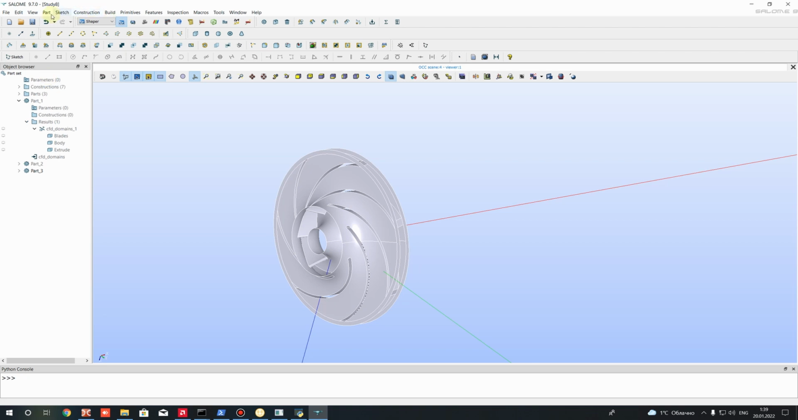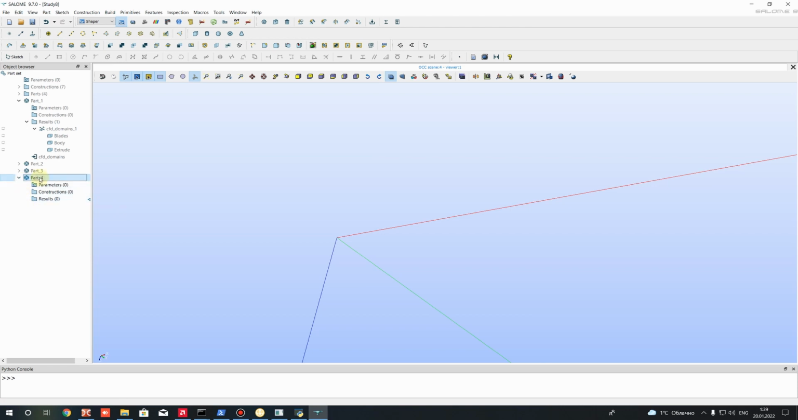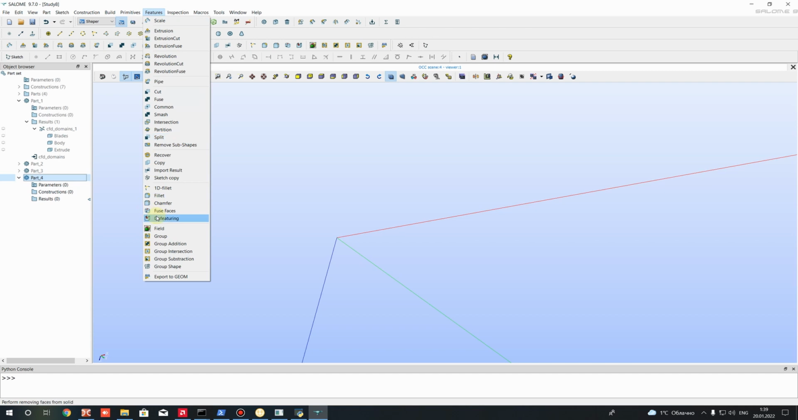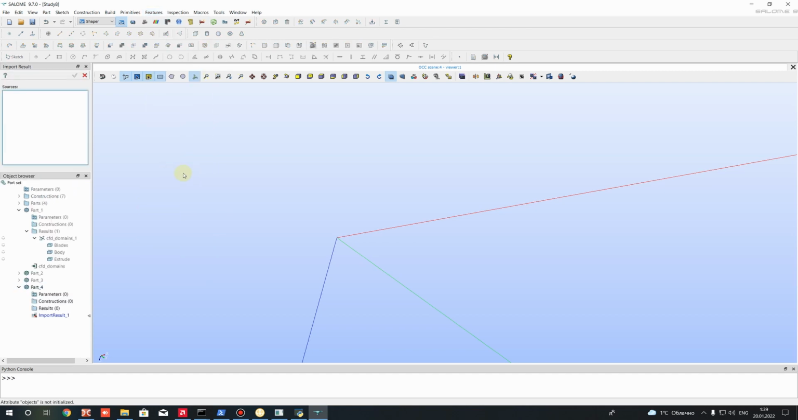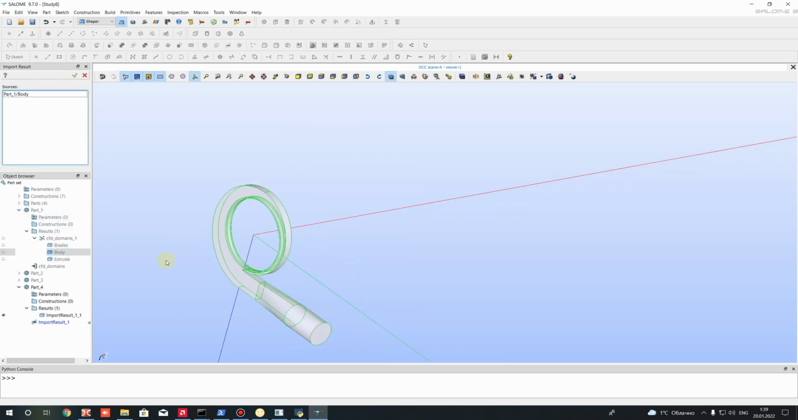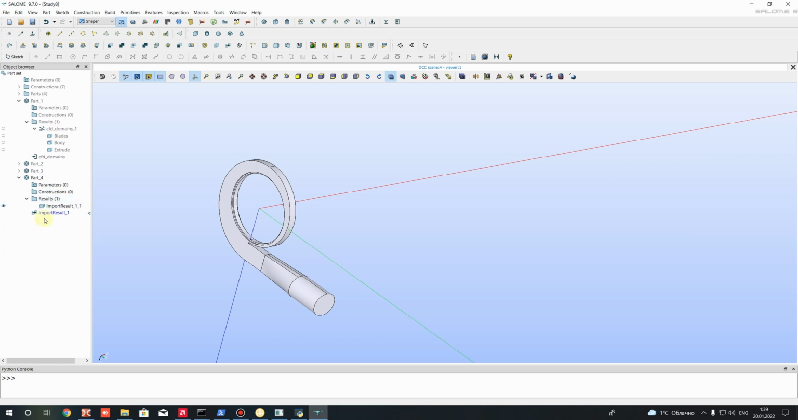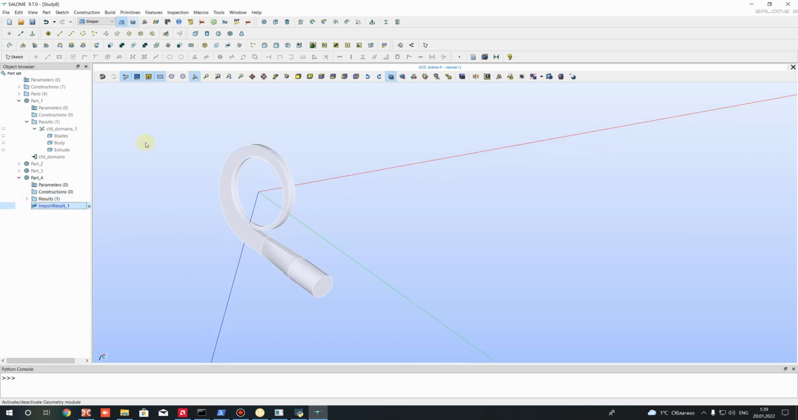let's go to part and create the last part. It will be the Volute part. Let's choose this part and let's repeat the previous operation, import results. Let's go to part 1 and let's choose this Volute 3D domain and press apply. Here we have this Volute geometry, and let's create the